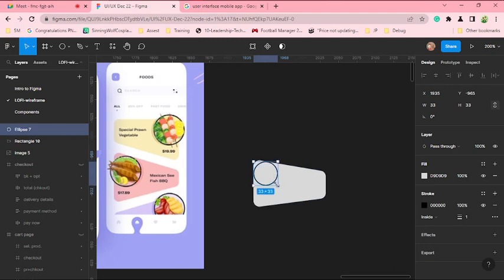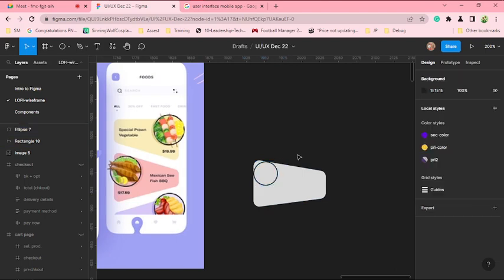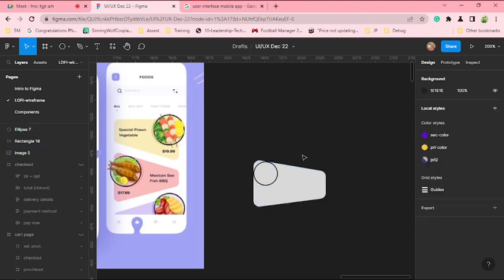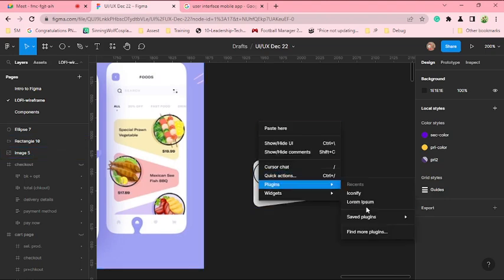So don't forget, we're not working with auto layout yet. That's the main focus of this lecture. So the next thing I want to have is this kind of picture that was created. Obviously they had to consult a graphic designer to create the fish and all of this for them. Do you understand? So in my case here, I'm going to turn on my plugin, and then I'm going to